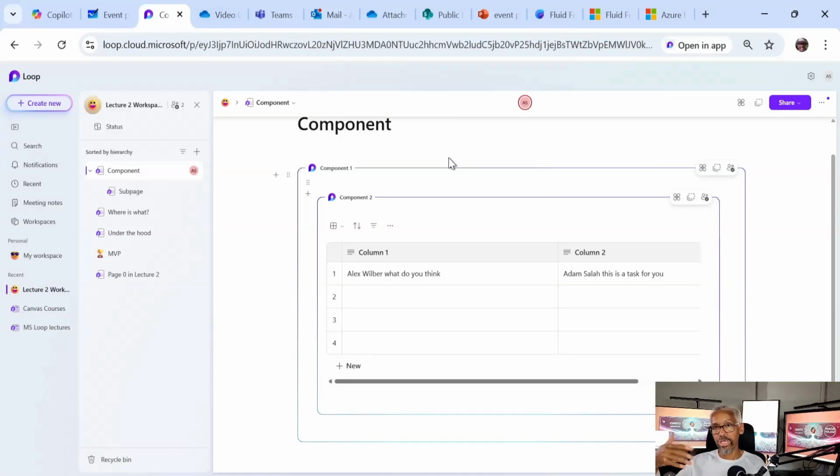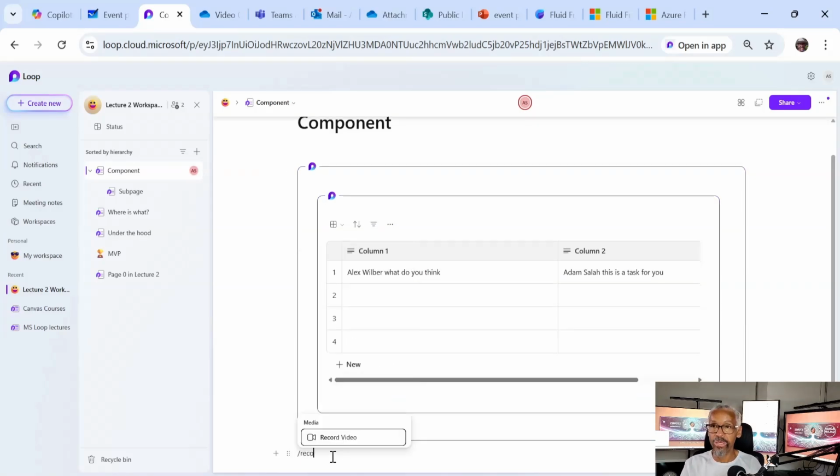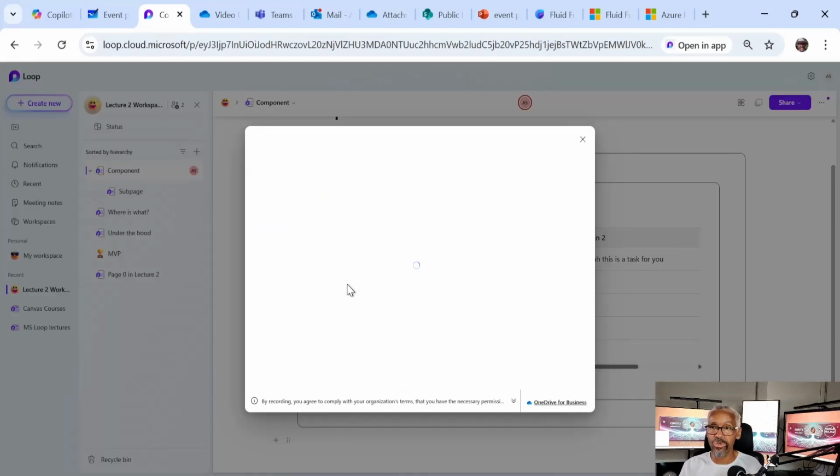Components then can be created in clients of all sorts, including the loop client, because what we are using right here is a loop client. It has a bit more loop specific aspects to it, but as you know by now, everything is essentially stored inside of SPE or SharePoint Embedded, with this detail stored as a file in various locations that we'll be exploring down the road. One of the things that you can do, as I mentioned, is you can record a video,